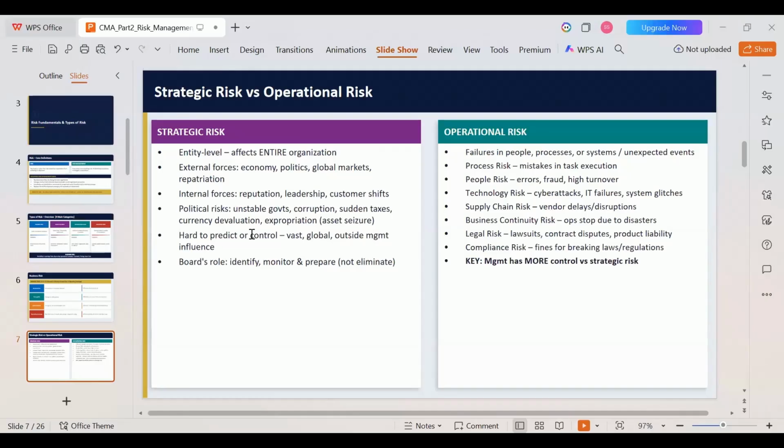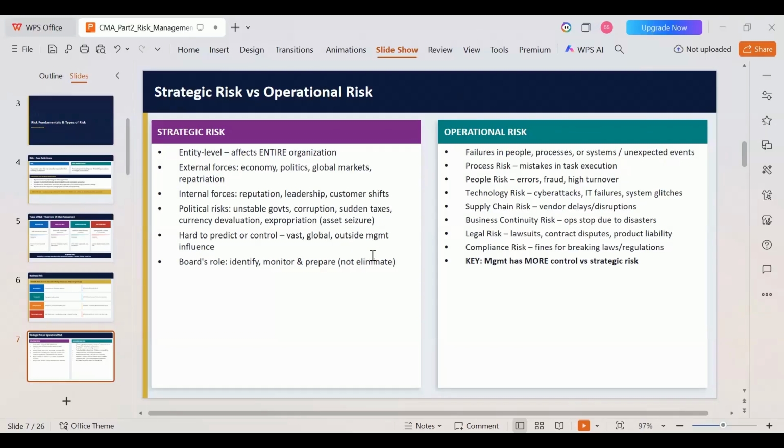Then currency devaluation, which we are facing now. Right now, what is the Indian rupee converted into US dollars? To purchase one US dollar, today we will have to pay somewhere around 96 rupees. That is currency devaluation. Then comes expropriation. As we discussed, it is the forceful seizure of a company's property.